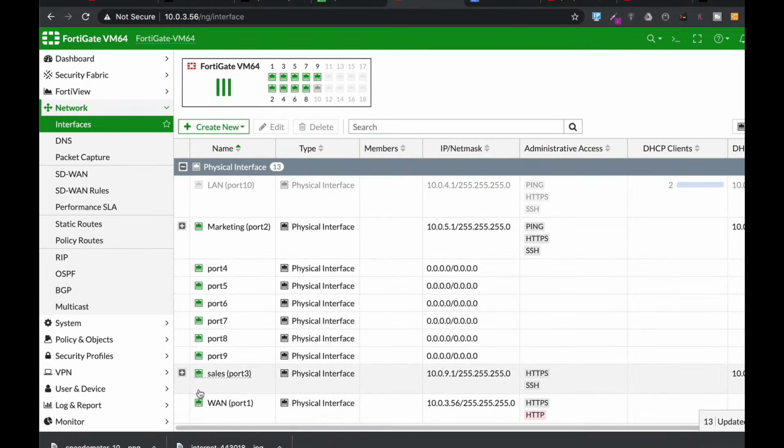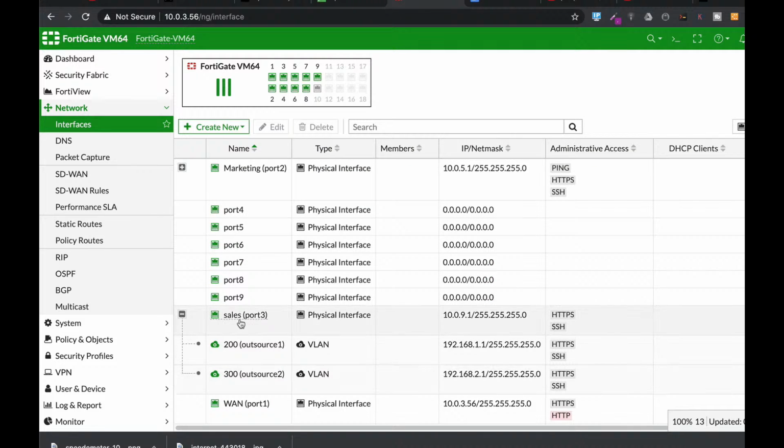Okay, now once we have that VLAN on our sales interface, that's VLAN 300, we need to create